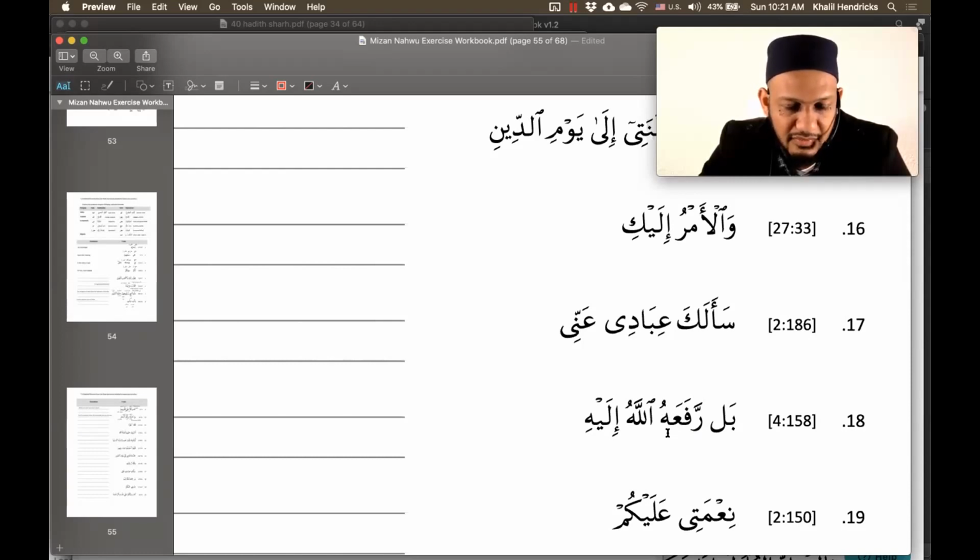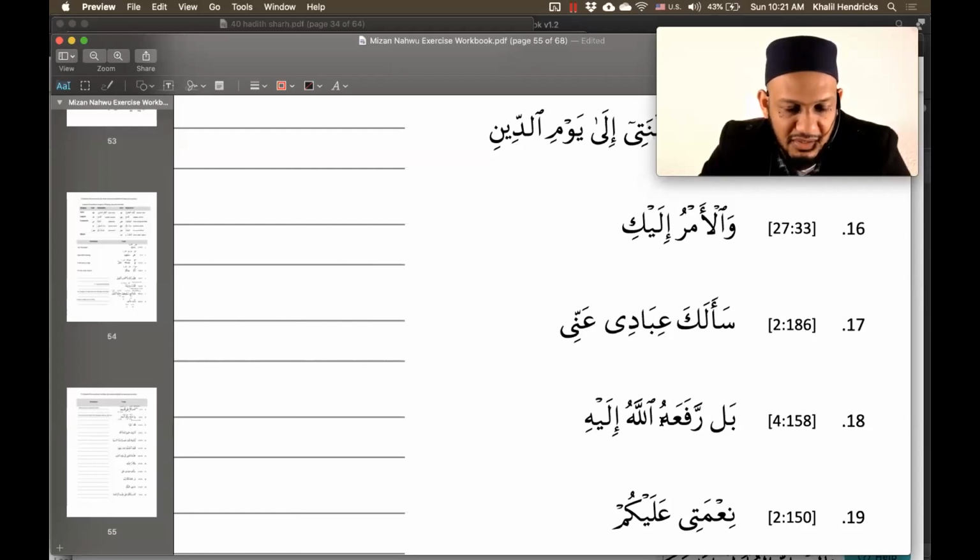Who raised him? Who's the doer? Allah is the doer. So how do you know for sure, if that wasn't in context, that Allah is the doer? Remember, the fa'il will always be in raf'un. So rafa'a, we look at the end, we don't see anything there, so the word Allah is the doer. So rather, Allah raised him ilayhi, to him. And that him refers to Allah. So ilayhi, ila is harful jar, and the he is ismul majroor.